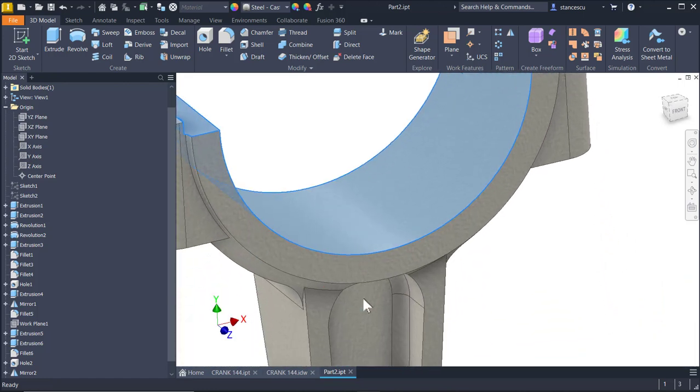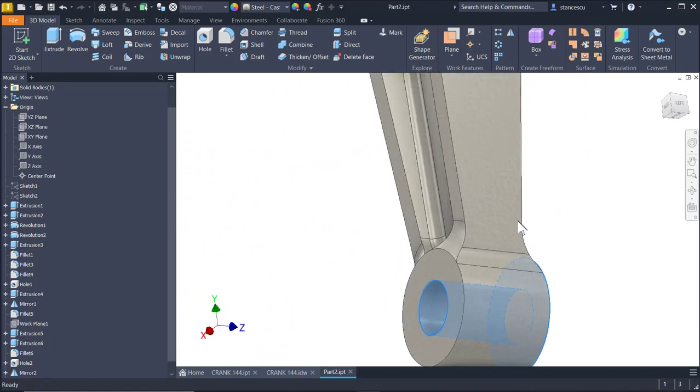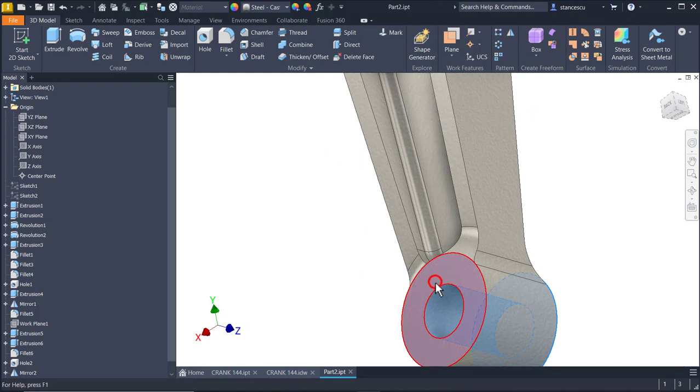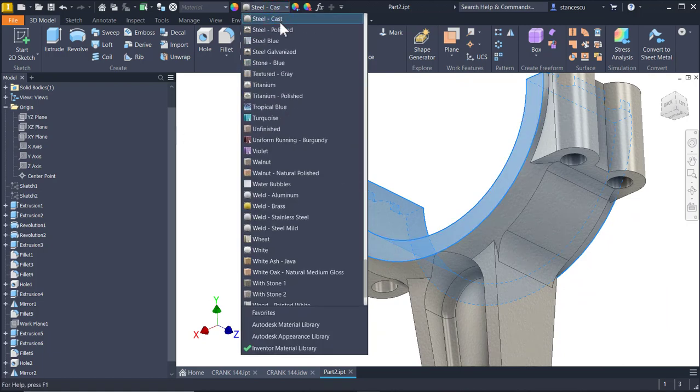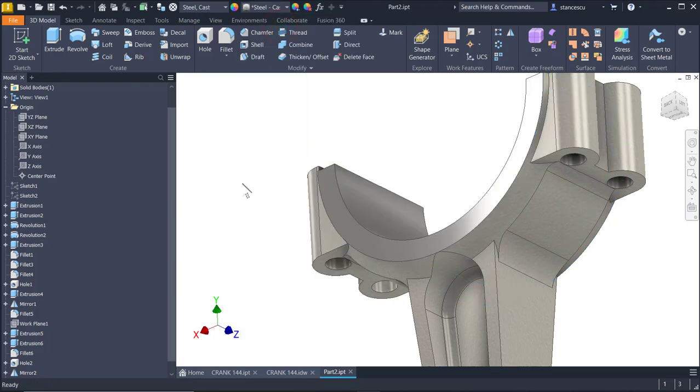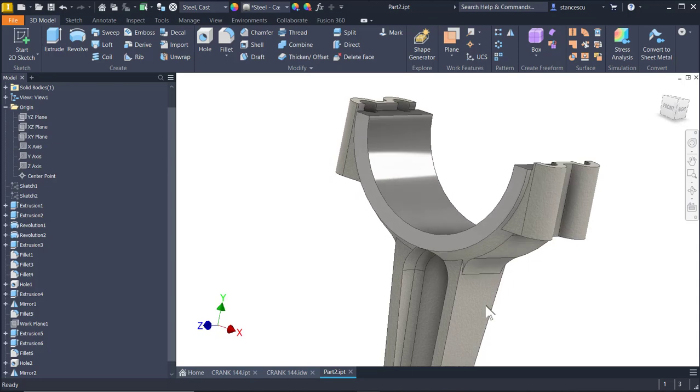And also this face, this hole, the other face, and the other face to be machined, still polished. Now we have our